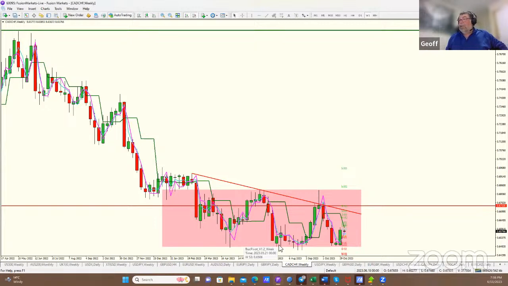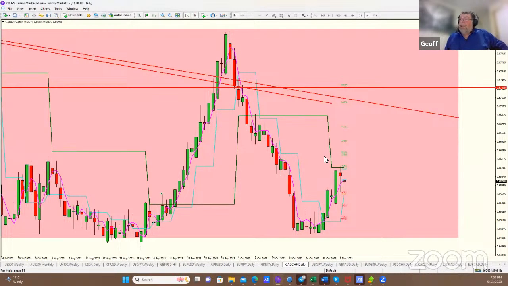Ash and I have been talking about this one for yonks, and last week we got this big bull bar, looking for a higher low in here at some stage during the week. How does that work? Well, we've got to bounce off the monthly pivot already. We're at the weekly pivot already. And we're not at the weekly pivot, we're at the daily pivot. If we were to come back to the weekly pivot or even deeper,